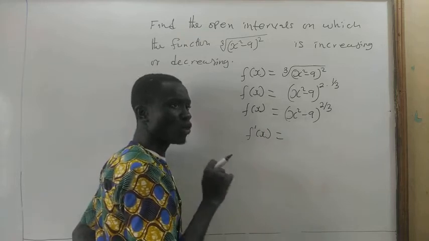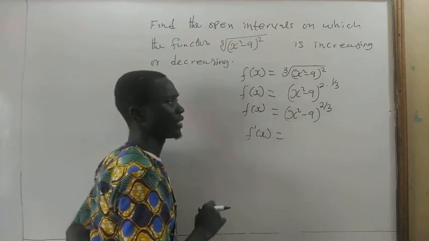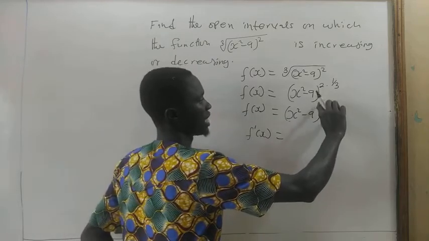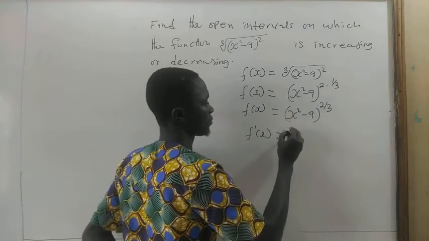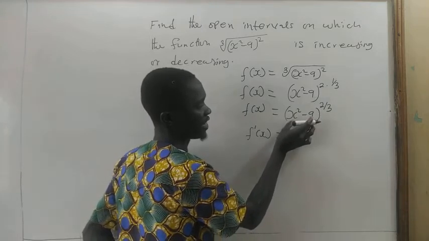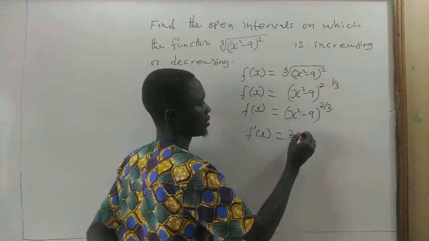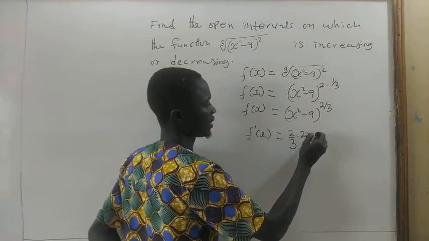I have a video on derivative of a function using the chain rule, so check the description for that video. So here you take 2/3 and bring it in front, times you differentiate what is inside here. Differentiating x squared minus 9, you get 2x